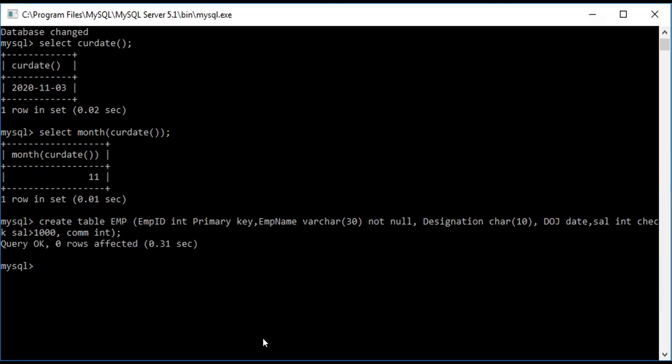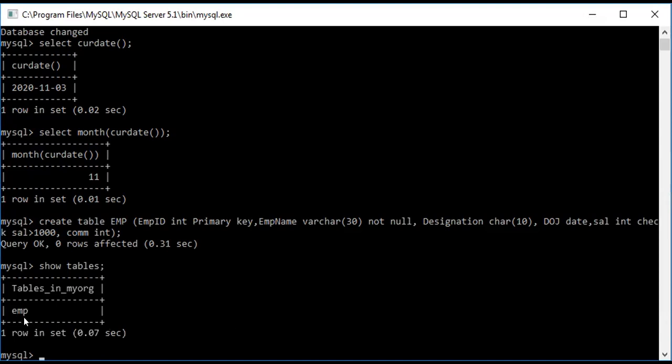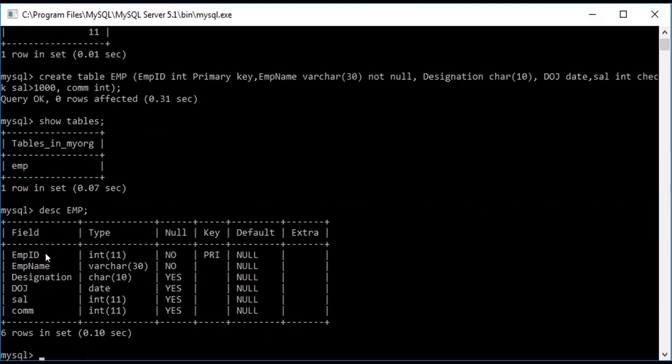Right, query okay. Now you can see if you write show tables, then we'll get the name of this EMP table that we have created. And DESC EMP will show you the description. These are the 5-6 columns we have created, and these are the data types with sizes. And here you can see the first column EMPID has PRI written, which means this column is the primary key of the table.